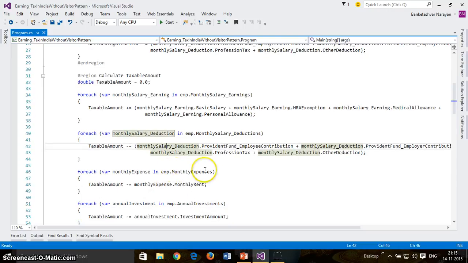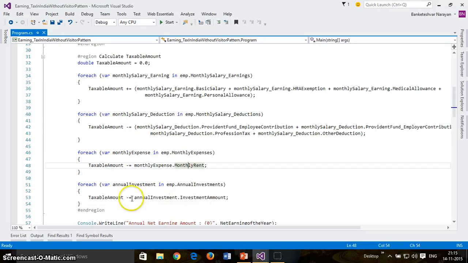I'm also deducting the monthly expenses like monthly rent and other things, and also deducting the annual investment from the taxable amount.